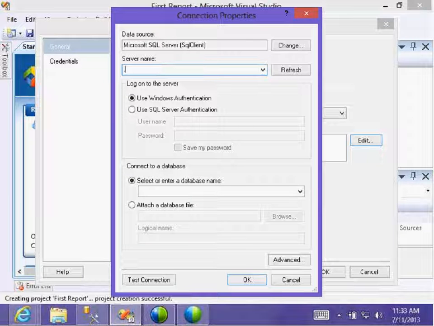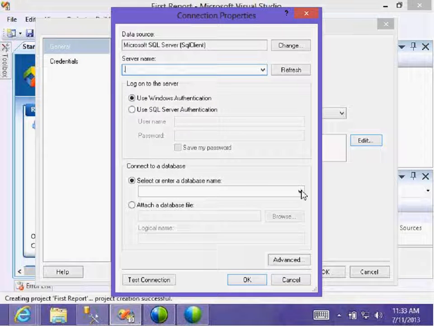Now, how can you connect to your database system? Either with Windows authentication or SQL authentication. If you go to a network computer, you need SQL authentication: give the username and password. If I'm on a local computer, I use the existing option, Windows authentication.